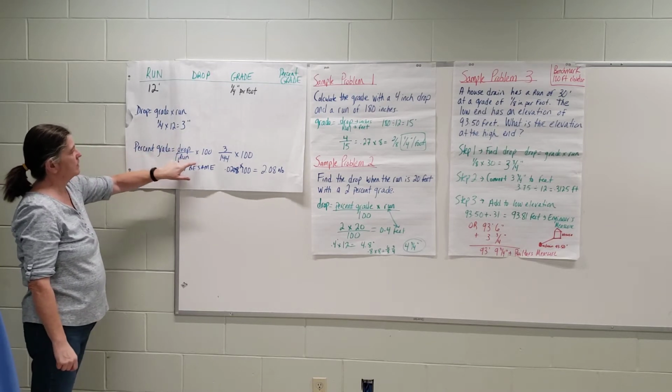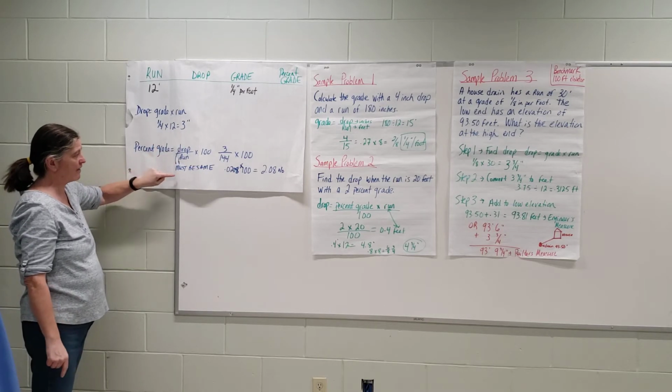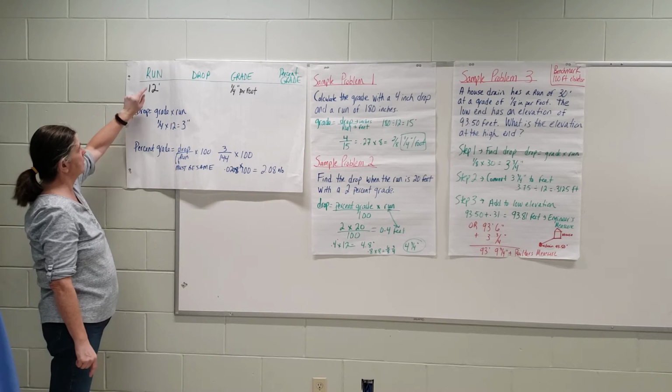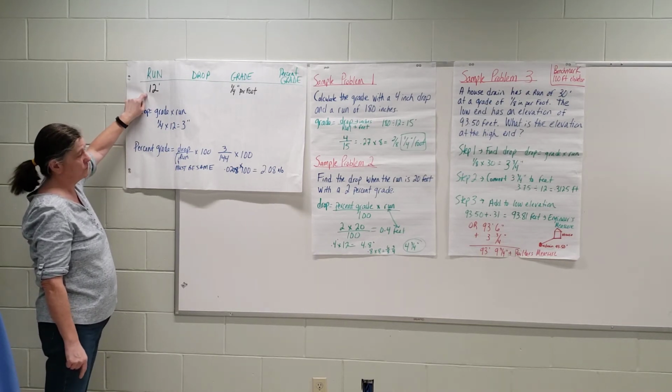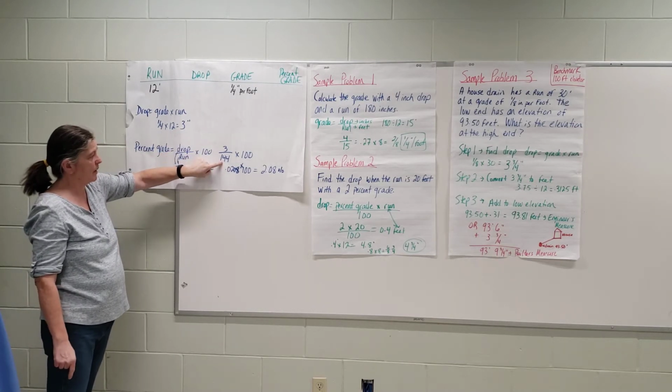The next missing information you have to find is percent grade. Drop divided by run times 100. Here's the hint here. Drop and run have to be in the same units, right? So right now our drop is in inches and our run is in feet. We know how to get feet to inches. 12 feet, 12 times 12 would be 144. So 3 divided by 144,